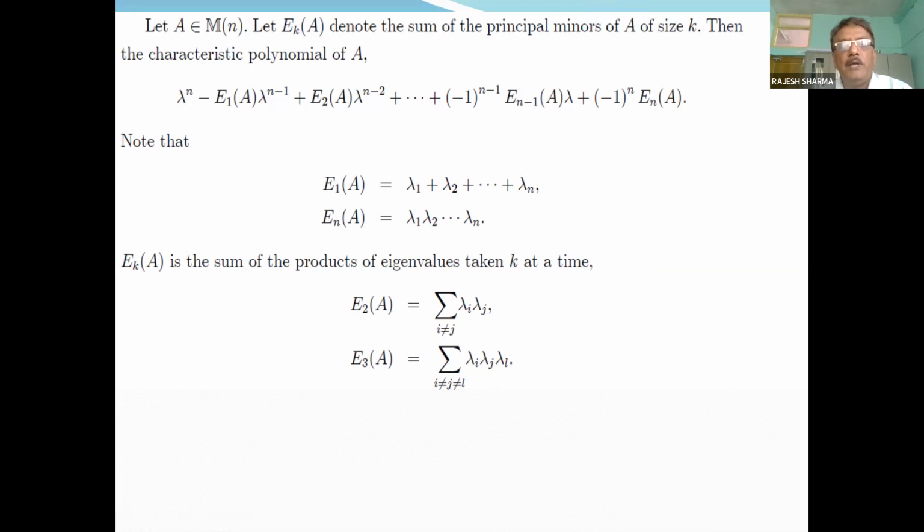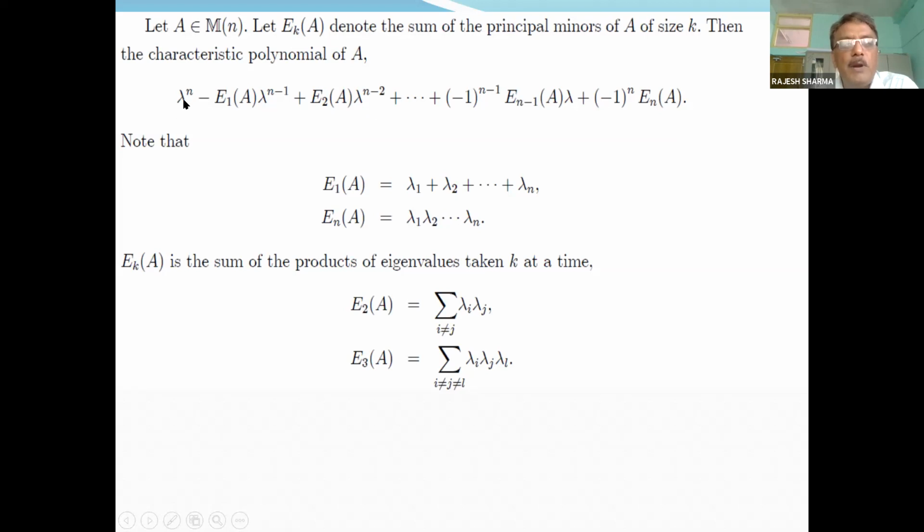We have n principal minors. Now, if we denote by Ek(A) the sum of principal minors of size k, then its characteristic polynomial can